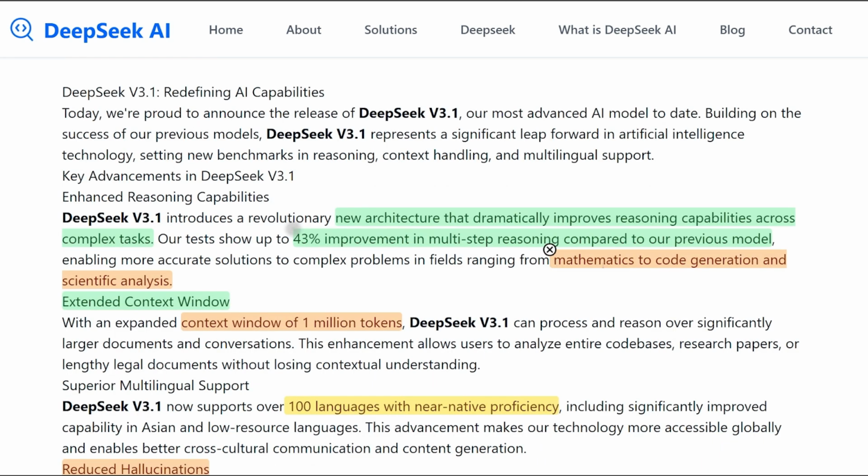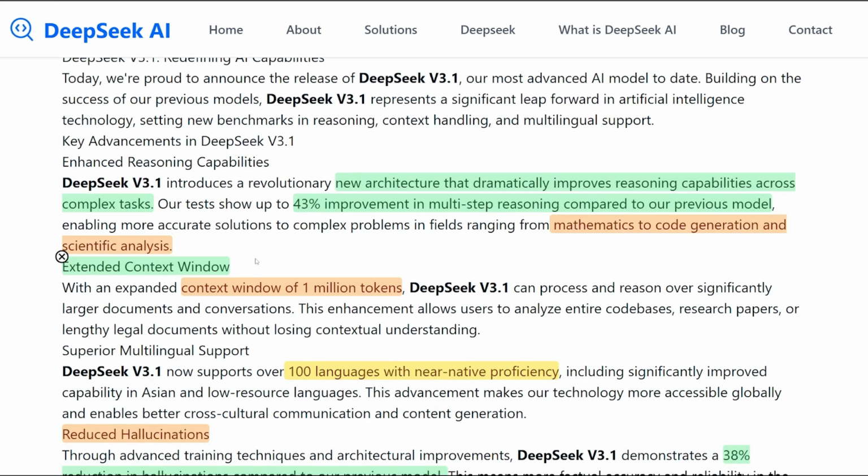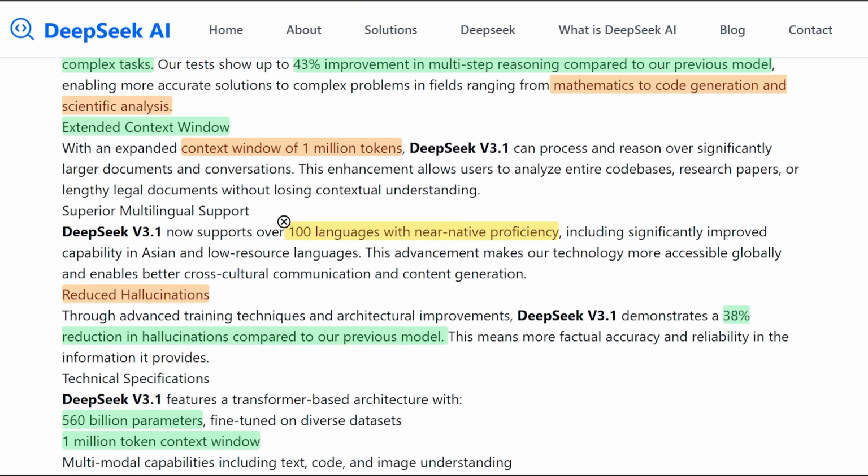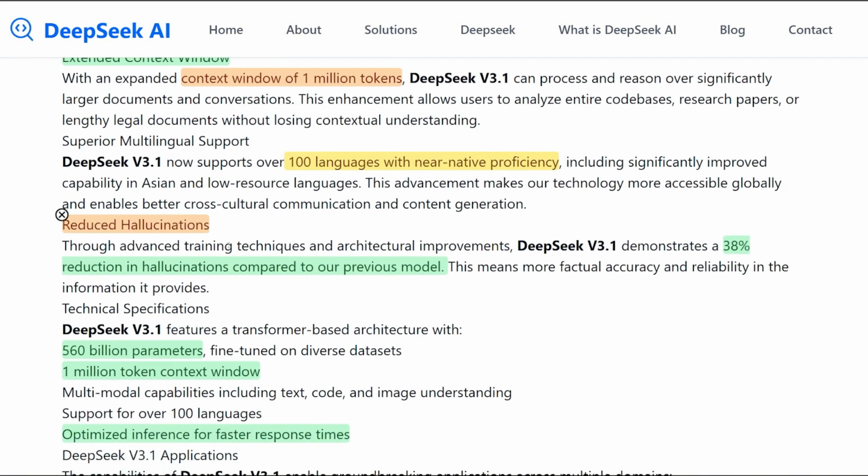It enhanced mathematics, code generation and scientific analysis, and it extended the context window. How much do you think? It's actually right now 1 million tokens, which is on the same bar as the Gemini models. That will make it very good for document and conversation, and it can process much larger code bases. Right now it supports more than 100 languages in almost near native proficiency, and it reduced hallucination by 38% compared